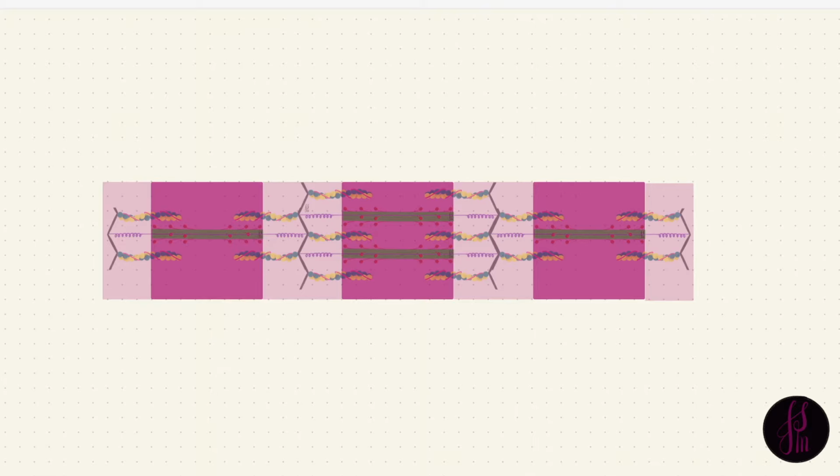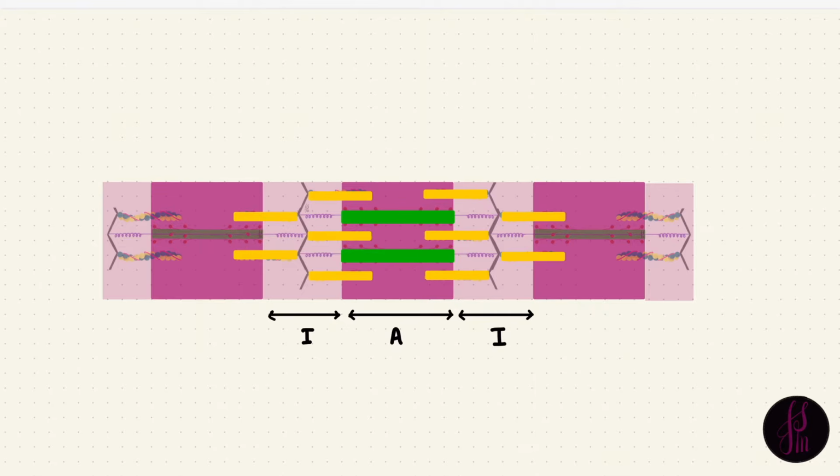On light microscopy, there are alternating dark and light bands. The dark A bands are the myosin filaments, and the light I bands have actin filaments. The dark Z disc divides the I band. So all of these bands are in cardiac muscle as well.